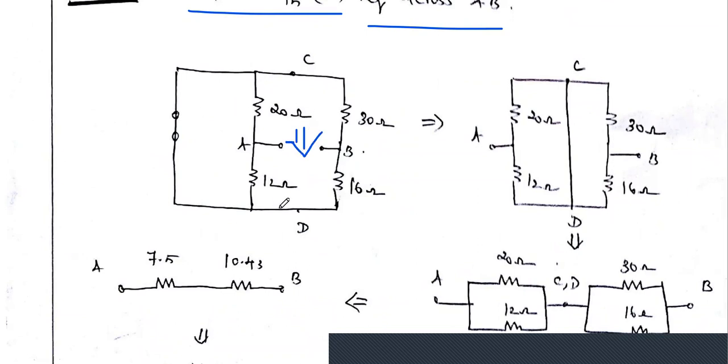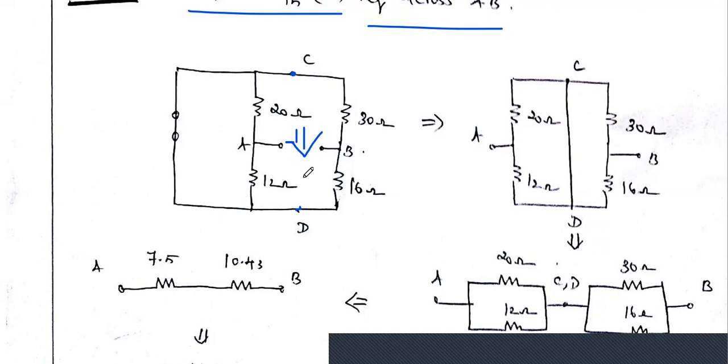So how do we reduce it? You see this diagram. Is any series or parallel combination available? We can't understand it directly from the diagram, but you take this node as A and B, this node as C, and this node as D. And you see here that C and D are short circuited. What is the meaning of short circuited?